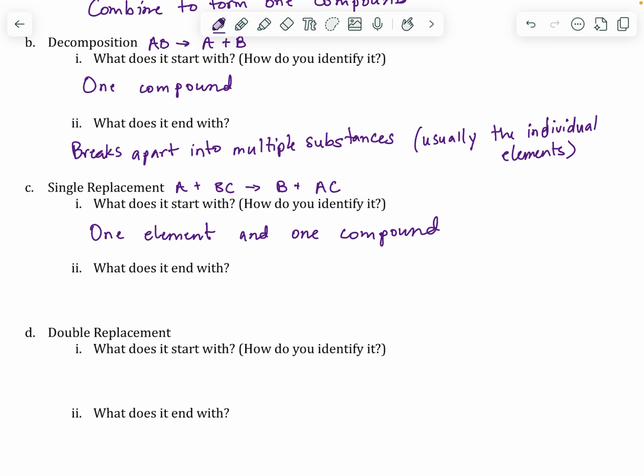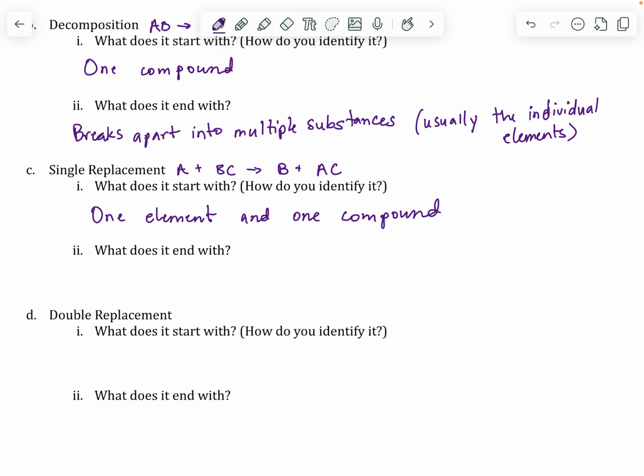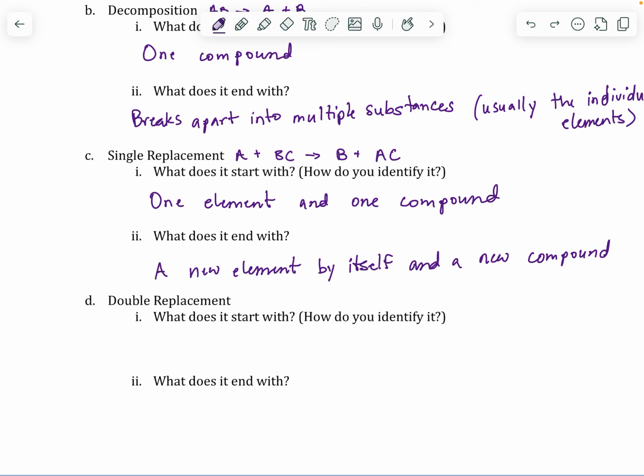And then it ends with, if it occurs, a new element by itself and a new compound, because that one element that was originally by itself took the other element's place. Again, we'll primarily be talking about single replacement reactions that involve metal elements doing the replacing, because the single replacements,